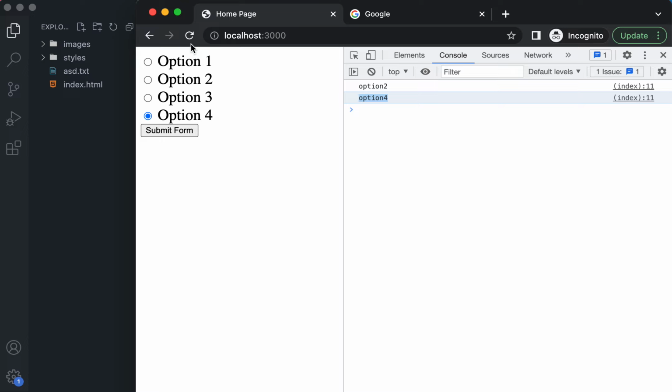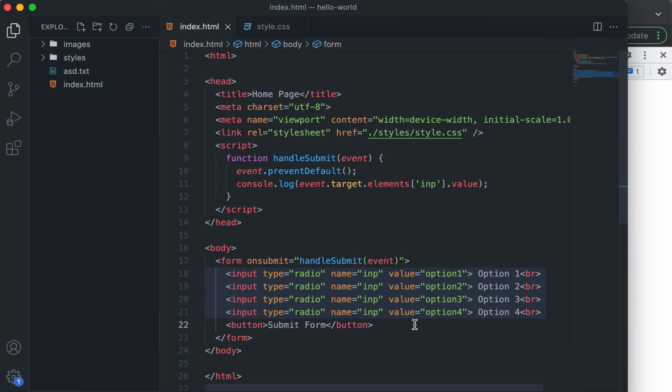By default, you understand? By default, nothing is checked right now. But what if I want that option 1 should be checked? So for that, you can